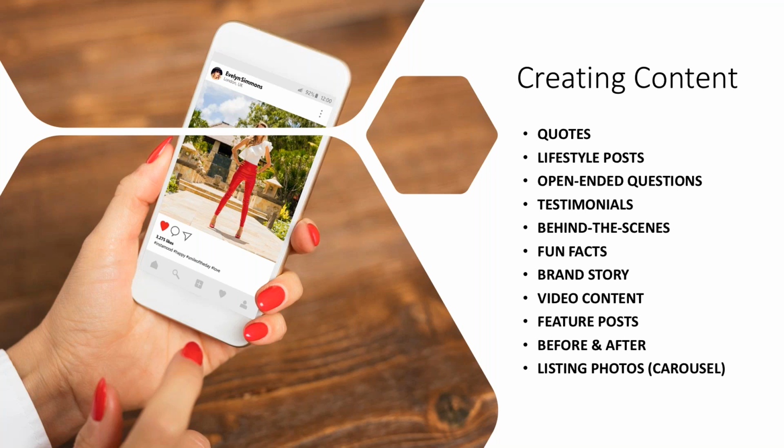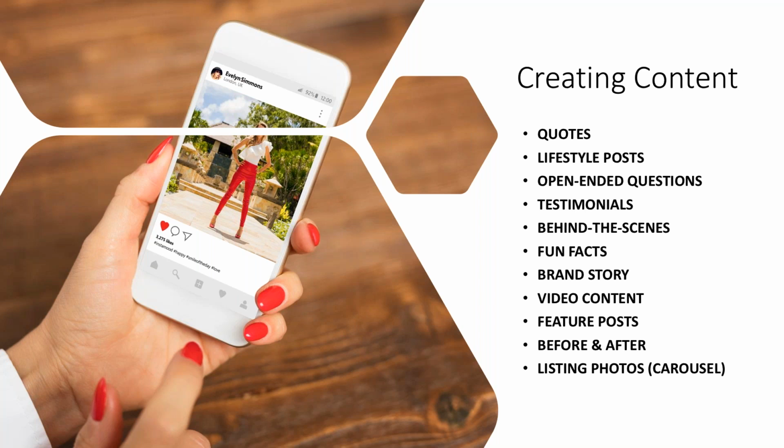XYZ mom and pop bakery down the street. Been here for 40 years. They're doing everything they can to stay afloat right now. I had an opportunity to jump on the call with them, and we talked about, hey, what are the top 3 things that people are buying right now in a pandemic? How long have you been in business? What's your number one selling item? Showcase it, do a featured post about your community, show that you're reaching out to the small business owners and doing everything you can to help promote local business.